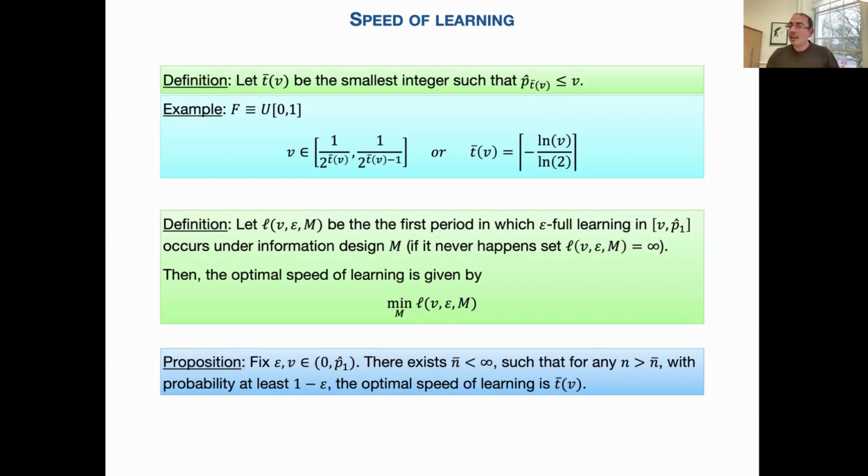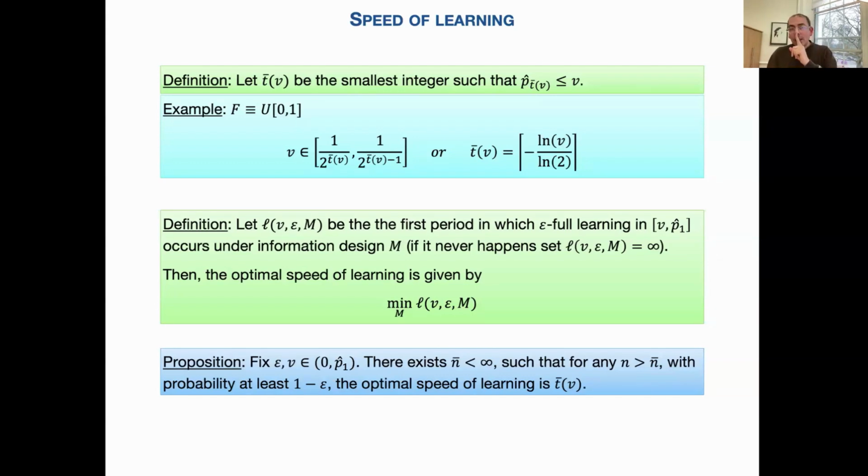Okay? And if you do that, then essentially you have created all these buckets, and now you can learn everything below PI. So what is that in the uniform case? That would be log of epsilon divided by minus log of 2. Because in the uniform case, you do half, a quarter, 1/8, 1/16, and you want to go down until you are an epsilon below. And you cannot do faster than that.